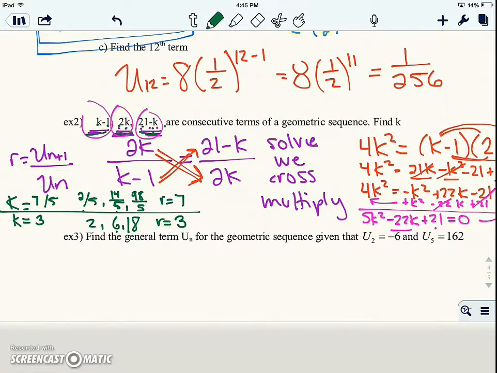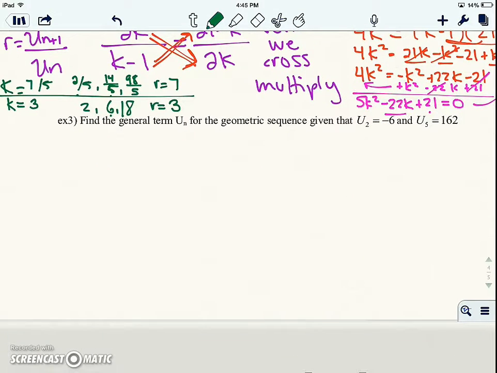All right, for the next one, we need to find the general term u of n for a geometric sequence given that u of 2 equals negative 6 and u of 5 equals 162. And I am going to stop this here and do that on video part